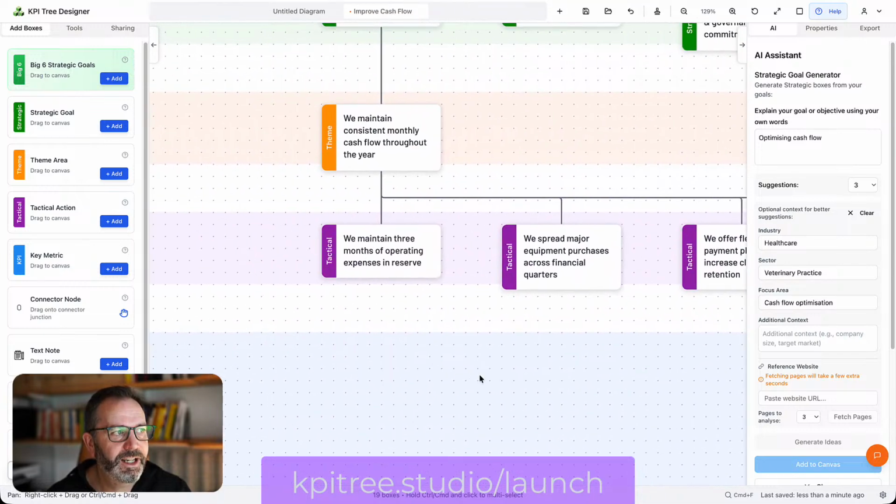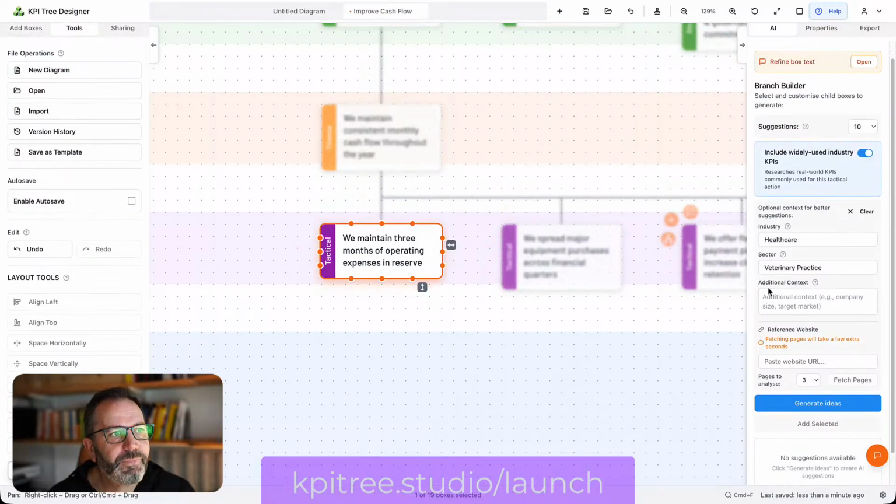And it's actually going to come up with two types of KPI. So let's hit the branch button, and you'll notice include widely used industry KPIs. Now, I've worked in lots of different sectors, and what you find is that in every industrial sector, every specialism, there are concepts that are fairly easy to grasp, but which have a very particular naming convention or a very particular form of word. So, for example, in